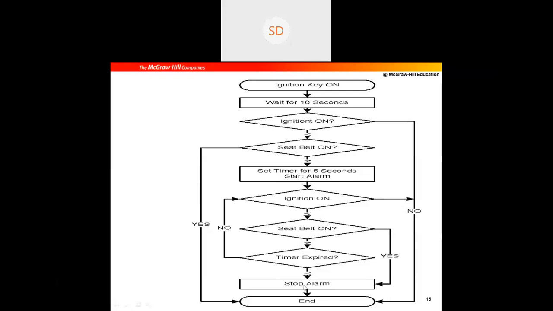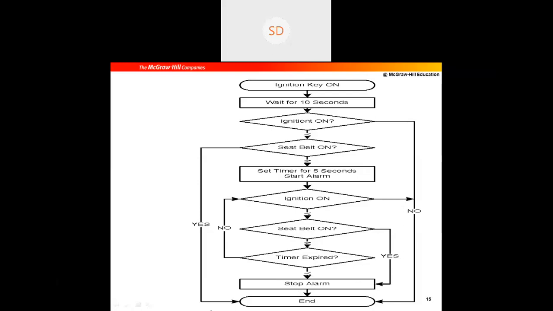If the seat belt is not on, the next step is check whether the timer has expired. That is, you have to check whether the alarm has been set for 5 seconds, whether the timer has expired. If yes, stop the alarm, then end. If no, again this process should be monitored continuously. These three conditions should be monitored: ignition is on, seat belt on, timer expired, right? Continuously they will be monitored, and based on that the condition will take place, right? Is that clear? This is a flowchart representation of